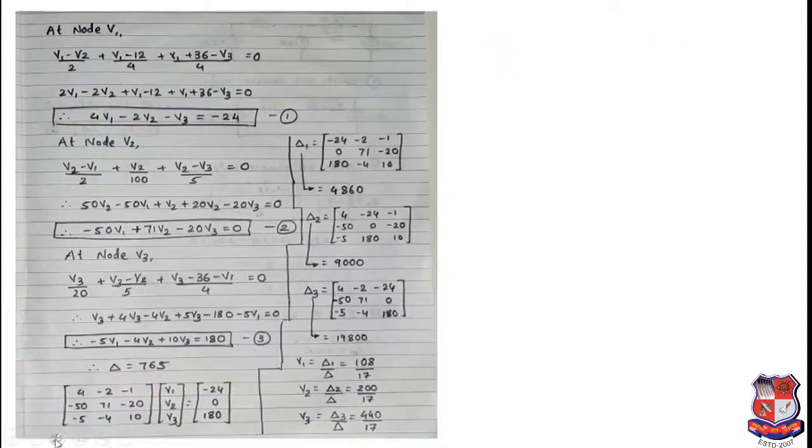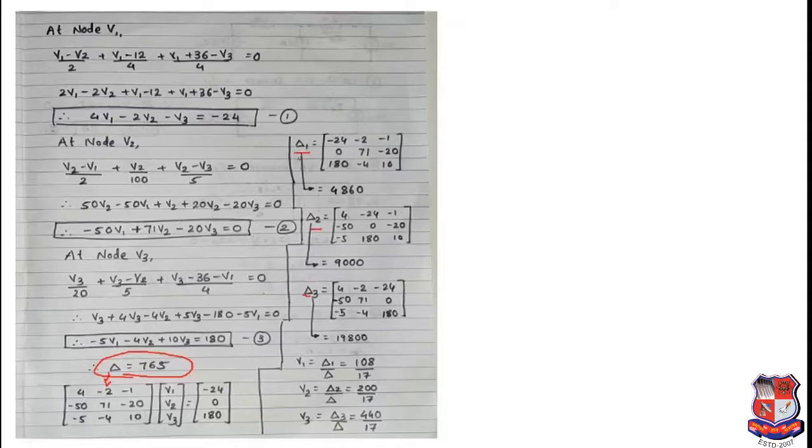I hope that you have understood how to write the matrix for this given equation. Okay. Now from this you need to find determinant. So determinant is of this matrix. Okay. If you solve, you will be getting delta as 765. I hope that you all know how to solve determinants because this has already been taught in the school. Now you need to find delta 1, delta 2 and delta 3.